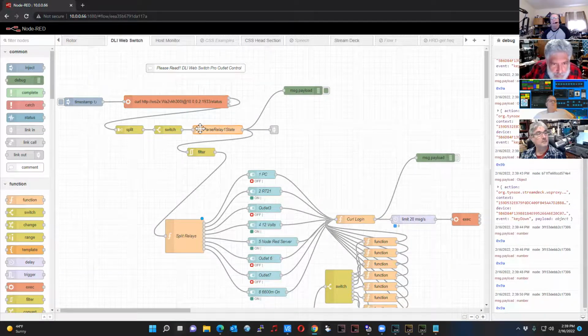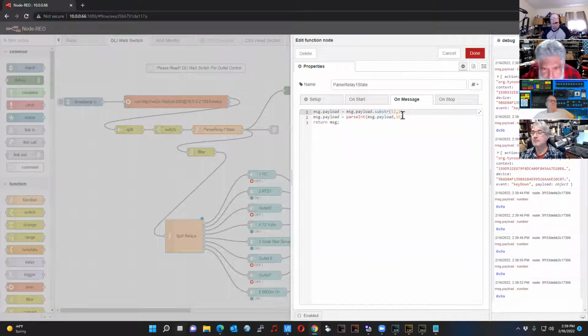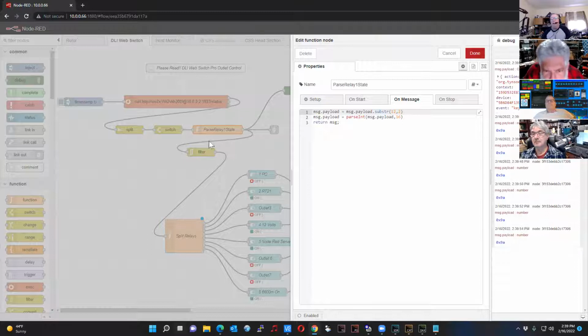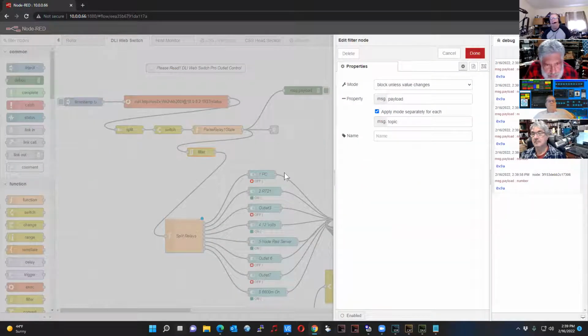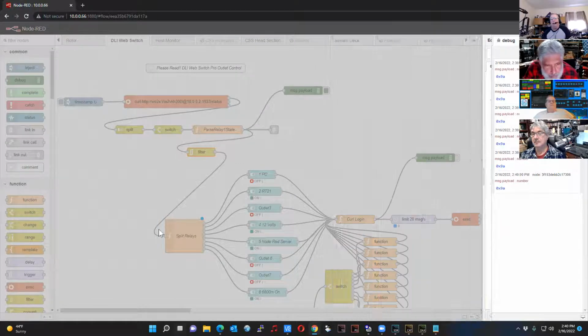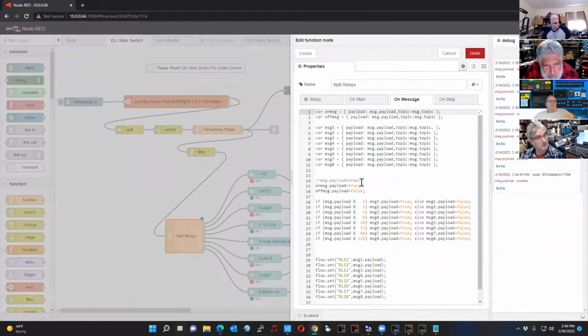And so it's parsing the relay, and this is able to tell us from here, it comes into a filter node that blocks unless values changed. And then over here is the math that basically takes that hex number and breaks it down, to say, okay, if all messages are off, or if all of them are off,